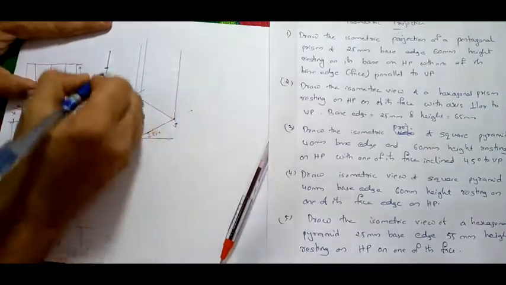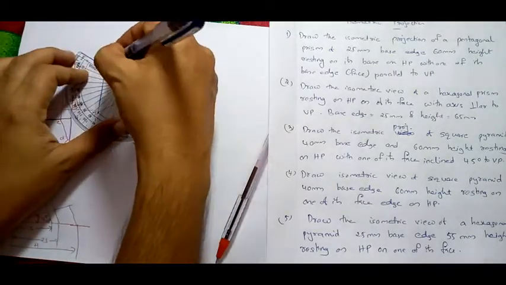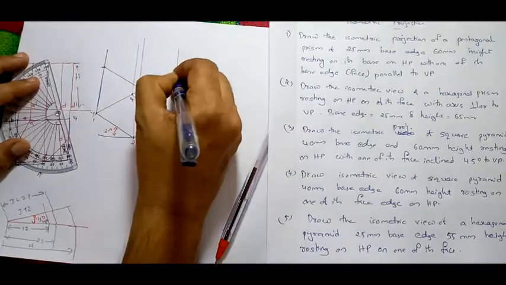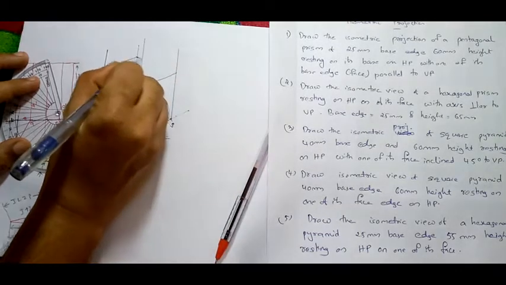4 edges cut cheyanda. You can draw a line parallel to 1 2. See, draw a line parallel to 1 2 from here. Now draw a line parallel to 2 3 from here. Now draw a line parallel to 1 4 from here, and draw a line parallel to